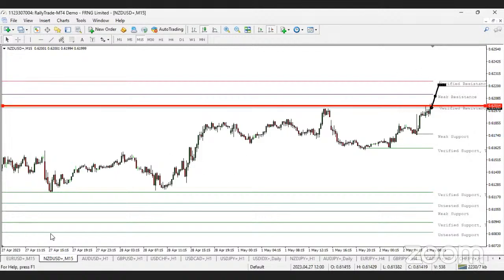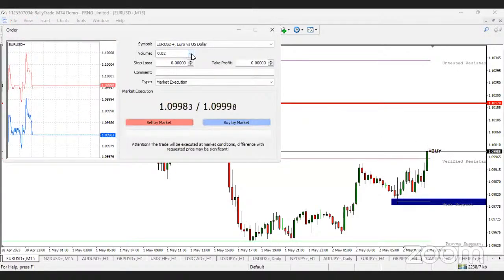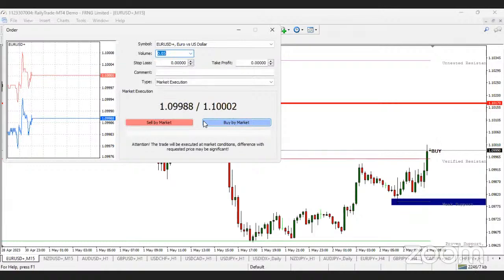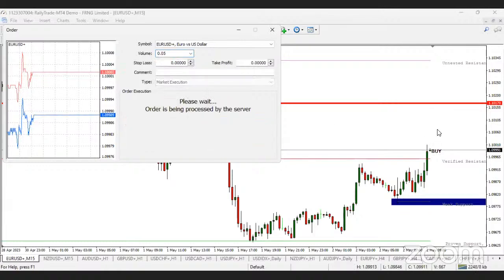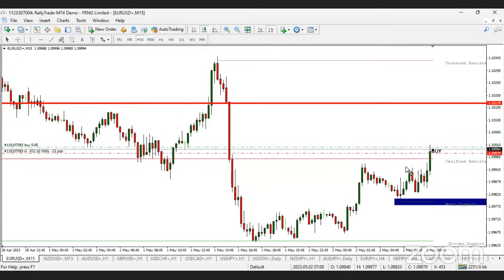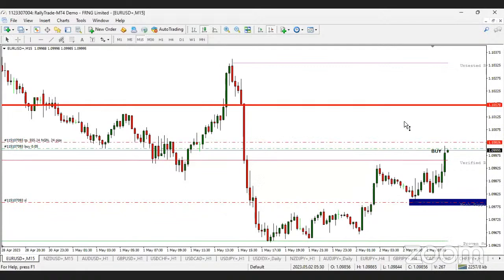All right, so it's 8:15 now. Let's check our Euro USD. Yes, so our Euro USD has fulfilled all the requirements. So we can go ahead now and enter our buy. You can use your preferred lot size depending on your account size. The more the merrier. We will enter our buy now. Now our stop loss will be below this previous higher low, and our TP can be 1:1. So Euro USD has fulfilled all our requirements. It's good for the buy.